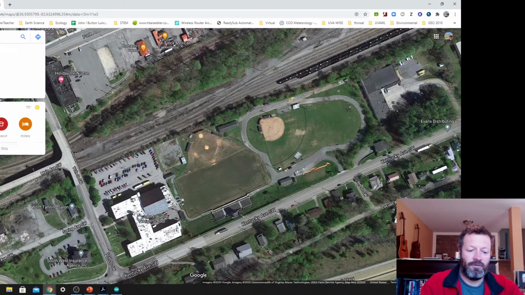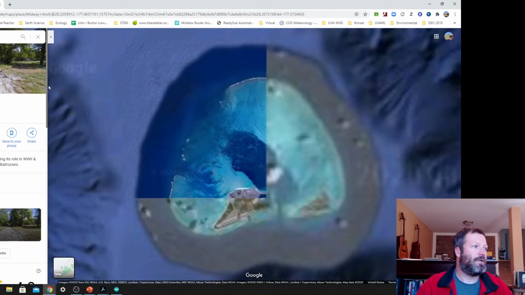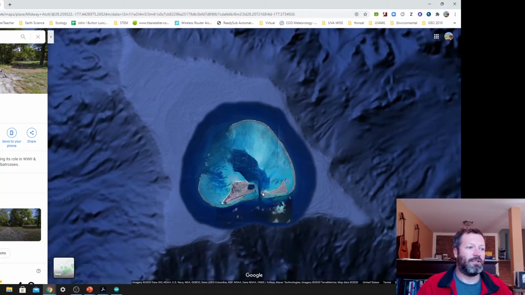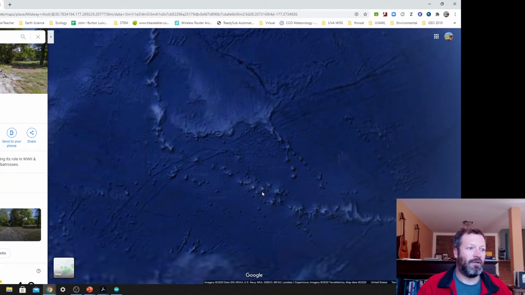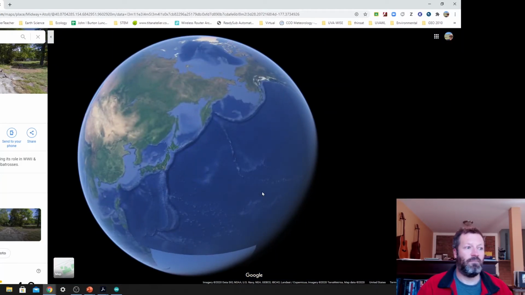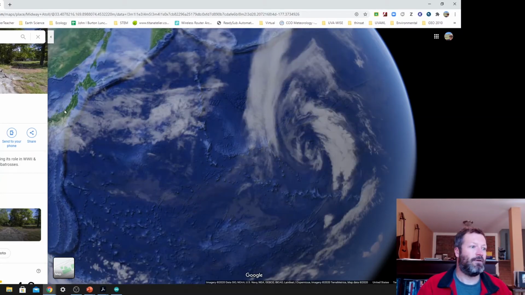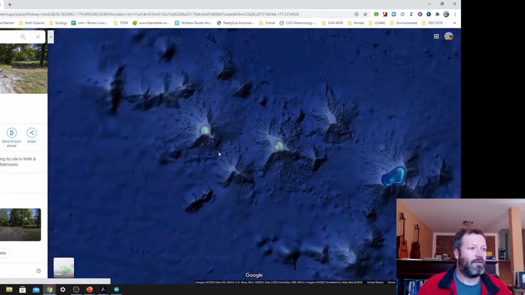Actually, not Bikini Atoll, Midway Atoll. So here is Midway Atoll. It is, again, probably one of the most famous atolls out there. Just for reference, we are here in the smack in the middle of the Pacific Ocean, which is why it's called Midway. Actually, because it's midway between Hawaii and this country over here, Japan. So going back to Midway, which is right here,